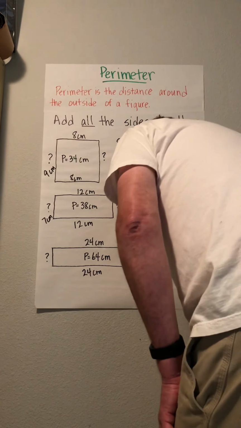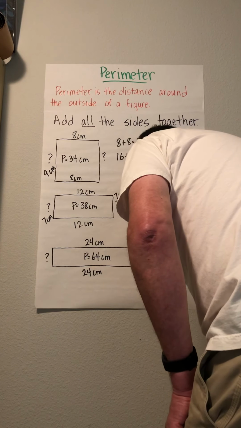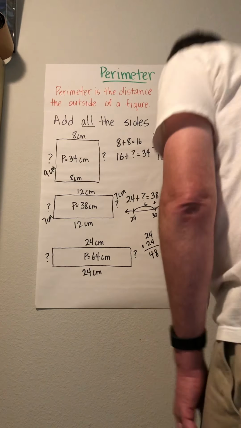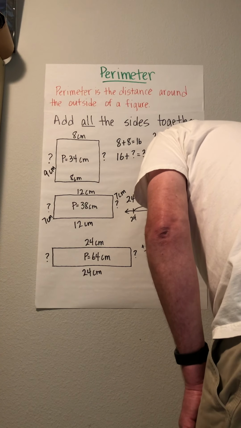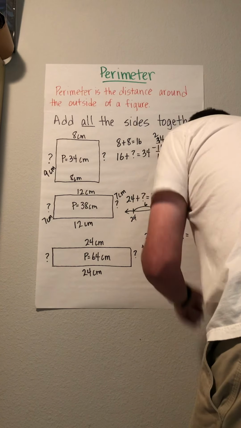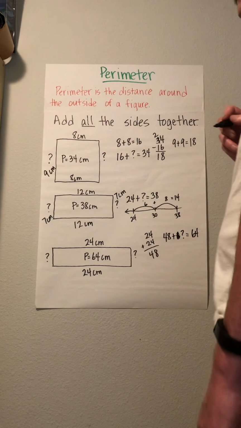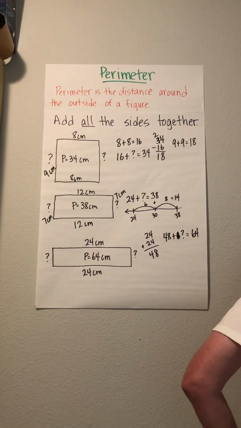So, 24 plus 24 equals 48. Okay? So, 48 plus something equals 64. Now, I'm going to use a number line on this one as well, but this time,